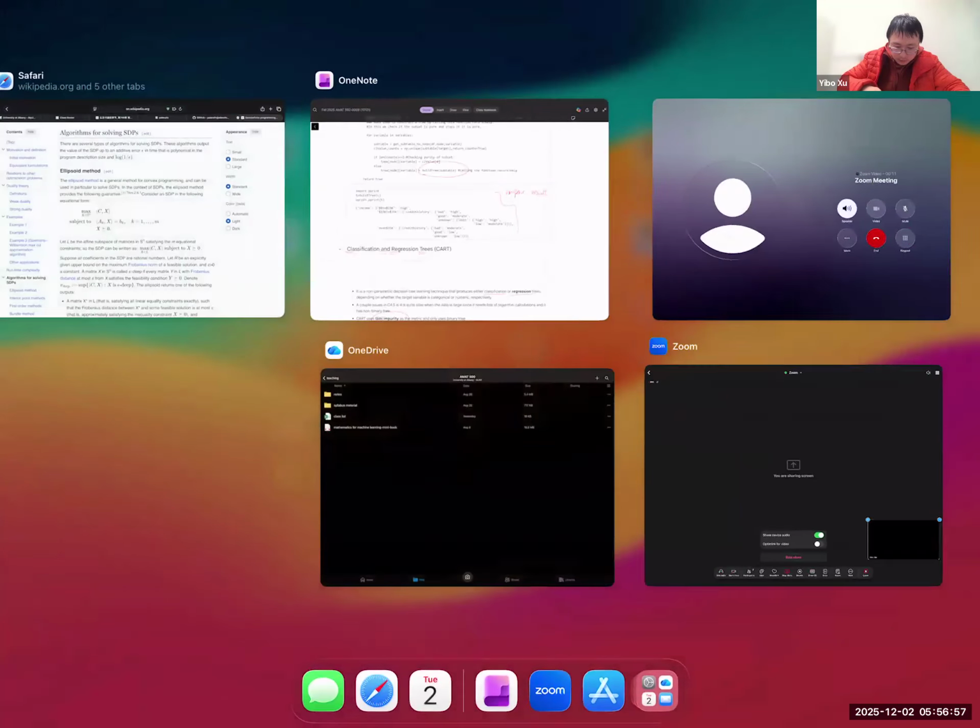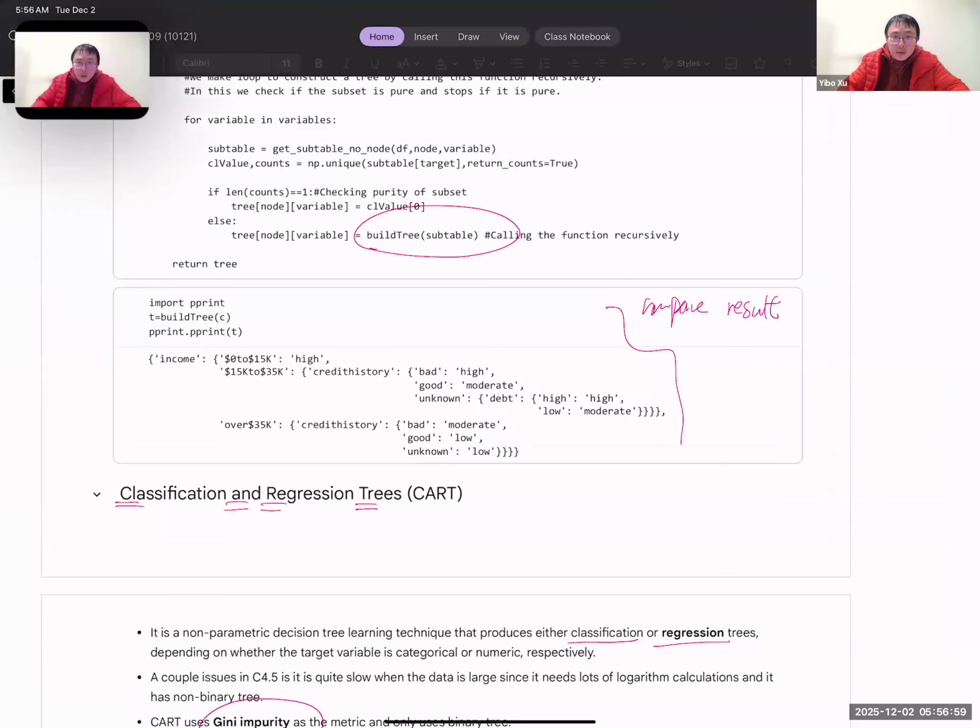So yeah, let me firstly share the screen for the iPad. Okay, so